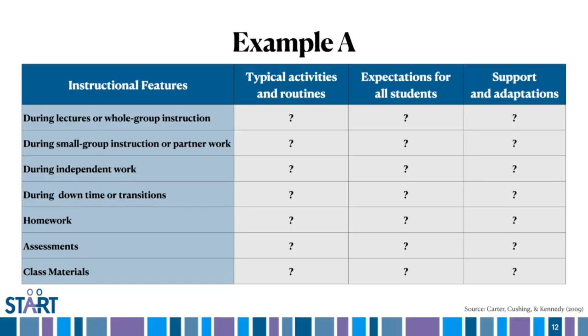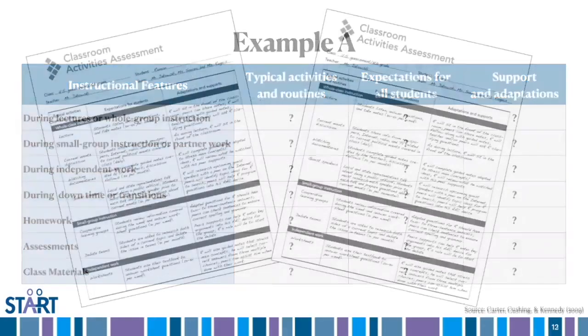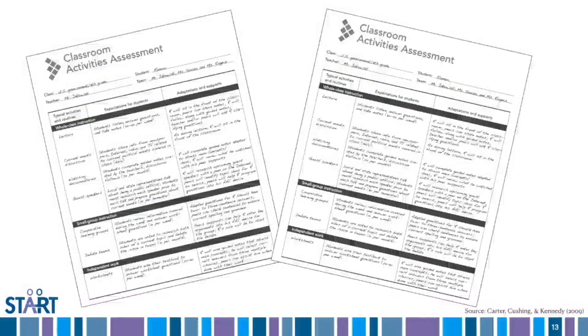And now the fourth column has the title Supports and Adaptations. And here you'd list out the supports that the student with disabilities will need to participate in those activities in expected ways. Now, some of those supports will come from adults, but many or most should come from peer partners and other classmates. Now, this provides just an initial roadmap for establishing those peer support arrangements. And on the screen is an example of a filled-in tool that you could pause, take a closer look at, and will kind of prompt your own imagination here.